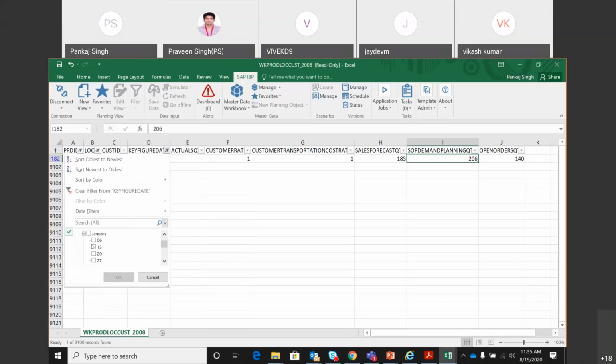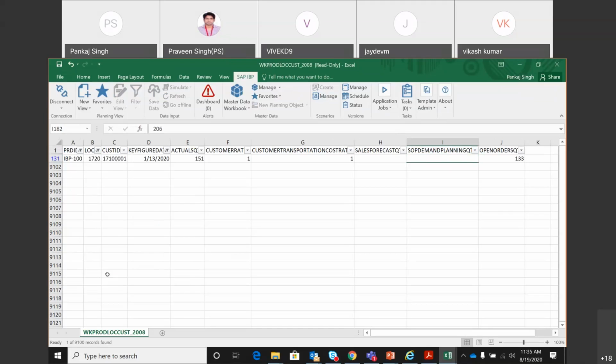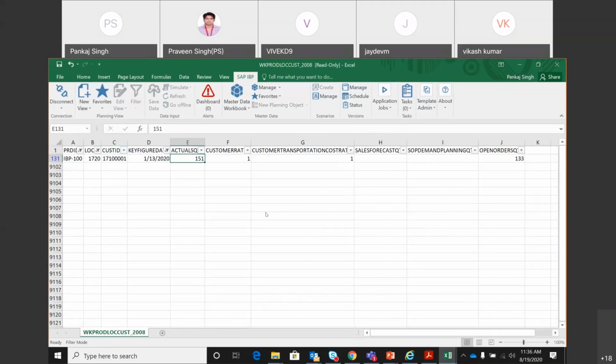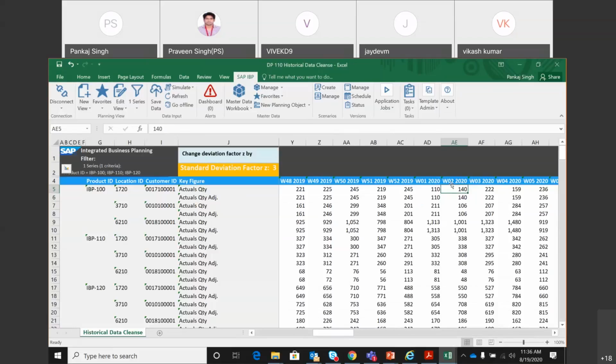So, Pankaj, we don't have to edit anything in this set, right? We have to edit at that template set. I'll come to you just quickly. So this is 151. You can see product, location, customer ID. This is the product, this is the location, this is the customer ID. And if I go to week 1, or rather week 2, it is 151, and you are seeing 140 because